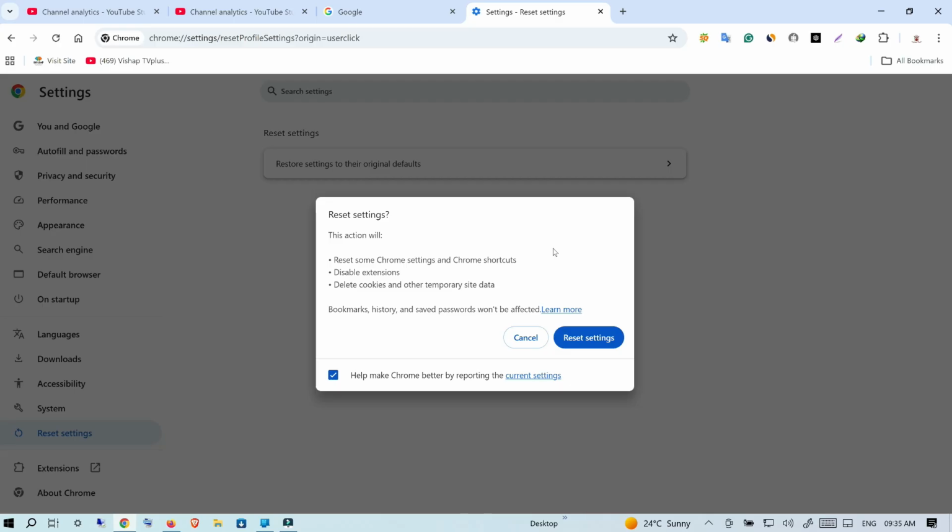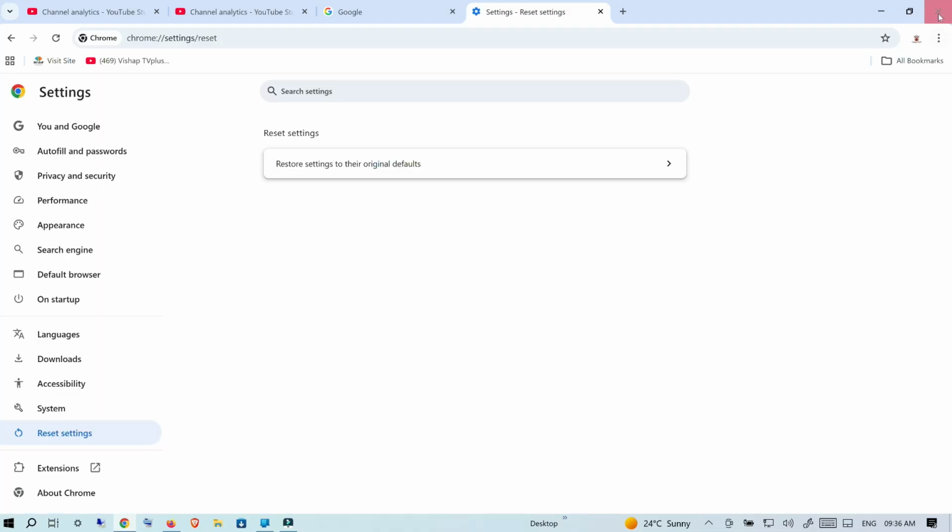A confirmation box will appear explaining exactly what will happen. Click the blue reset settings button to finish. It's a soft reset, meaning it targets the parts of the browser that usually cause trouble while leaving your personal data intact. So once the process is finished, just close it and